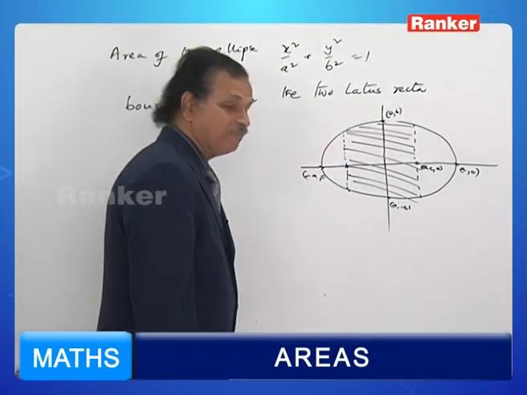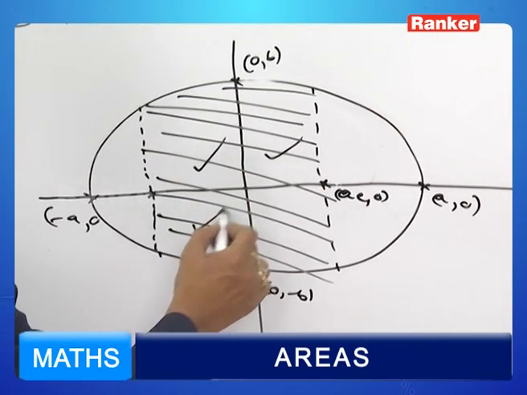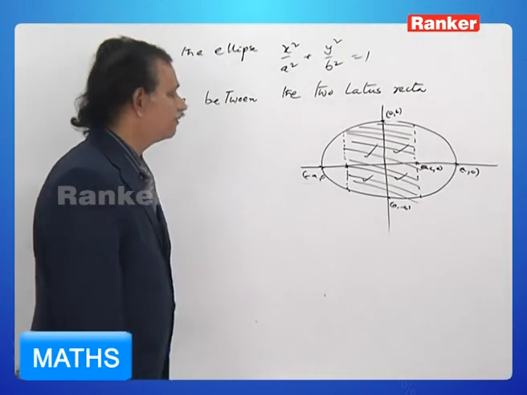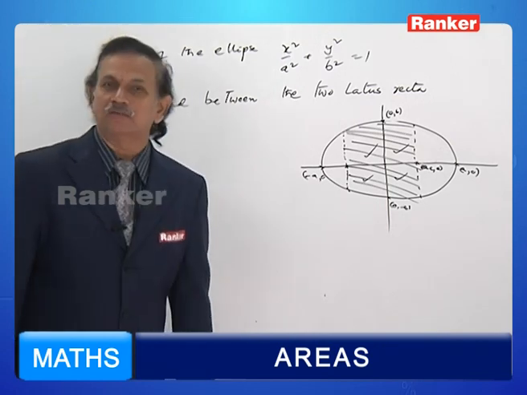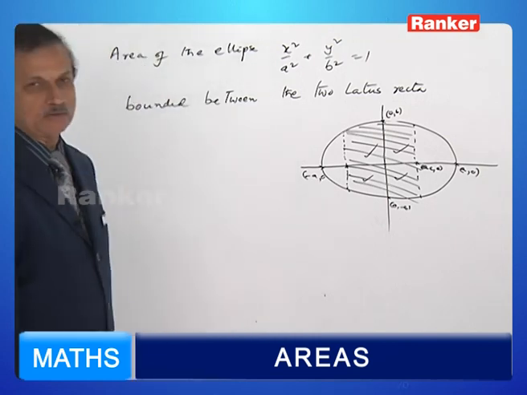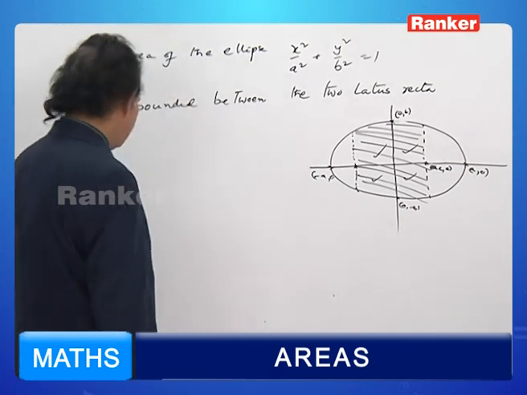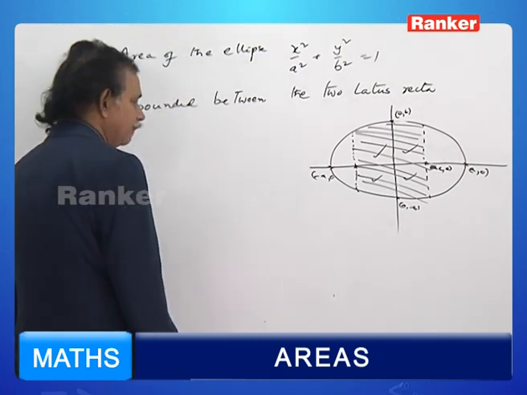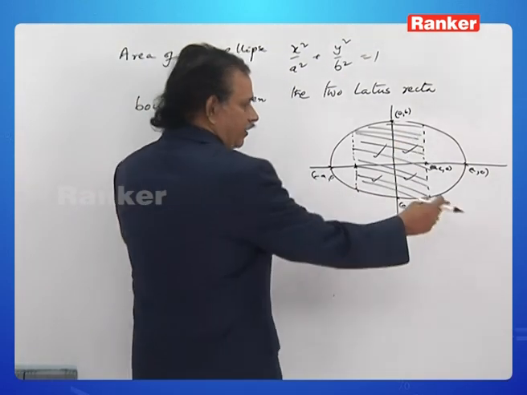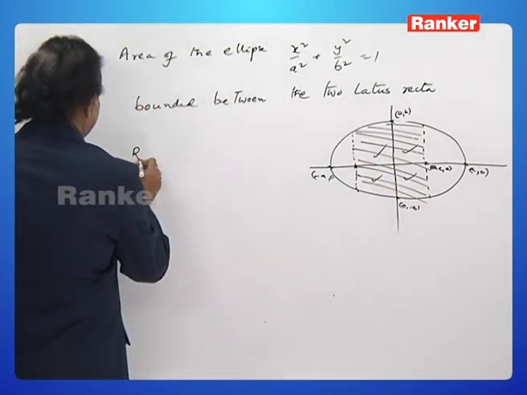My dear friend, by observing the symmetry of the figure, this area, this and this are absolutely the same, isn't it? As the equation of an ellipse contains both the even powers of x and even powers of y, it is symmetric about both the x-axis and the y-axis. By making use of that symmetry, you see that the required area can be taken as 4 into this particular area, or 4 into this particular area, as you like. Required area is equal to